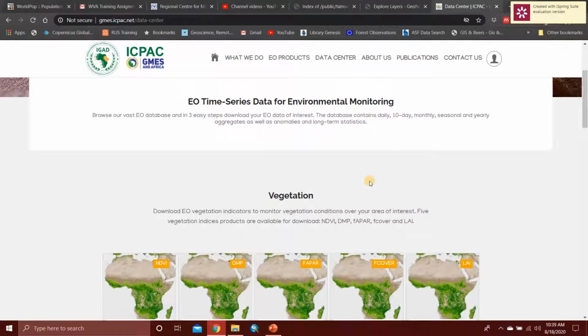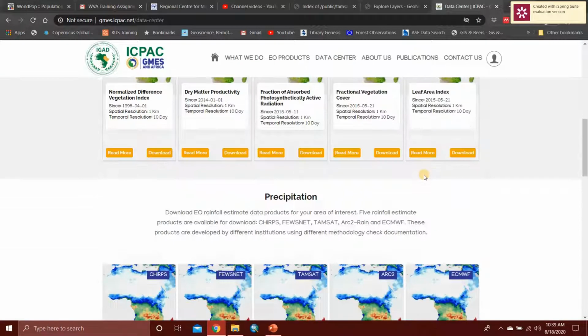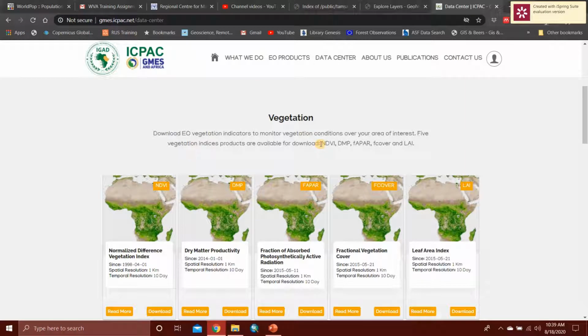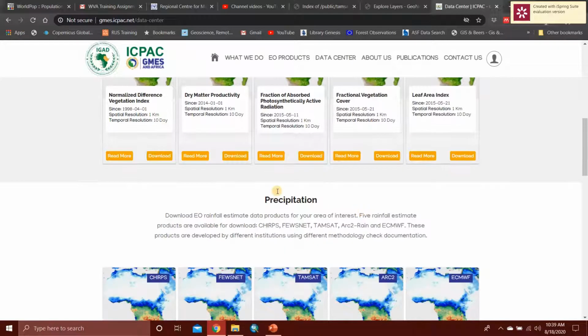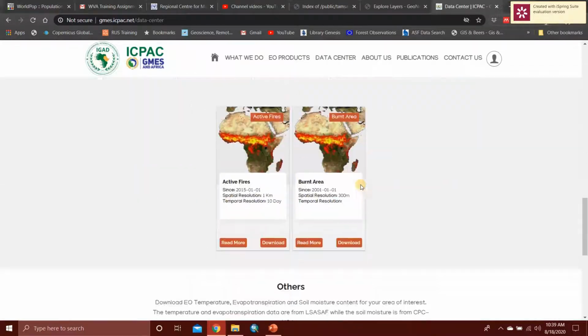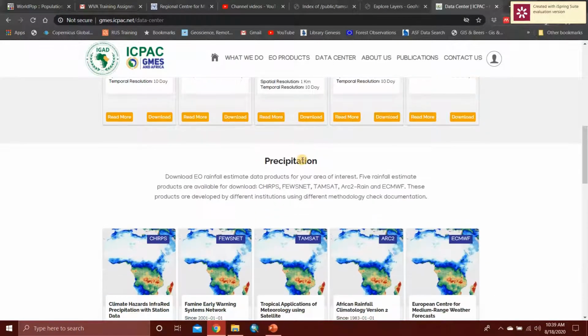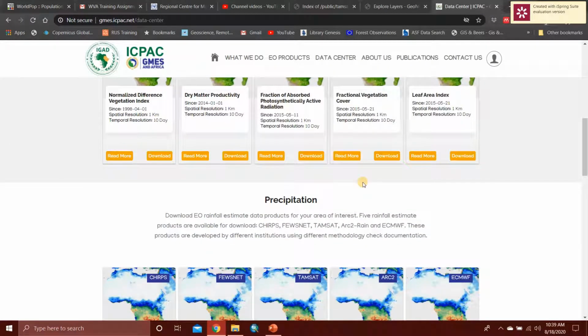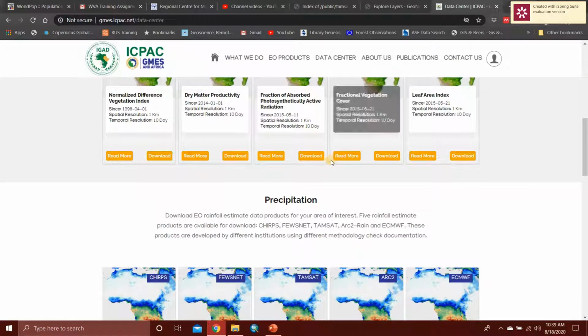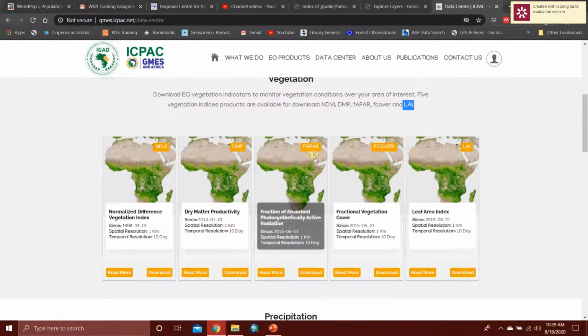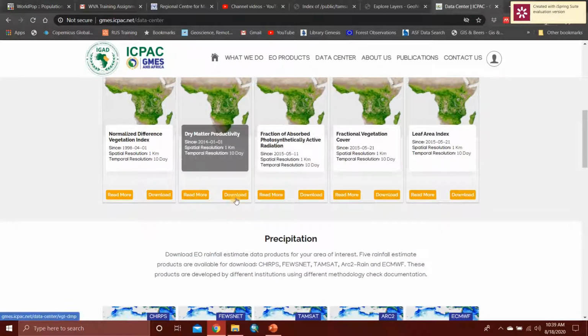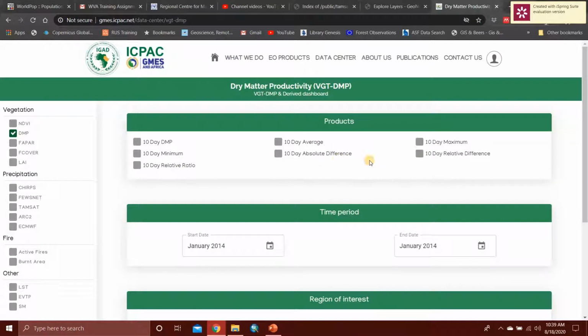You can click on the data center, and you can obtain the vegetation data sets, of different versions. You have the NDVI, the dry matter productivity, the FAPAR, the FCOVER, and the leaf area index. So these data sets are available here. For now, not all of them have been put on the website, but if we click on download,